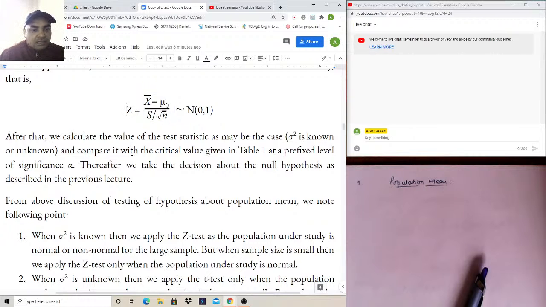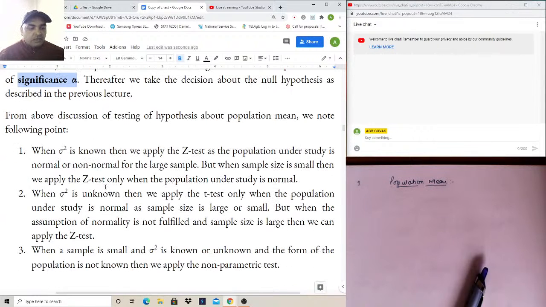Then we compare this z value with the critical values. If the calculated z value is in the acceptance region, then we accept our null hypothesis at a given significance level alpha. And if it is outside that region and in the rejection region, then we reject it. So from the above discussion, what we understood is that when variance is known, then we apply